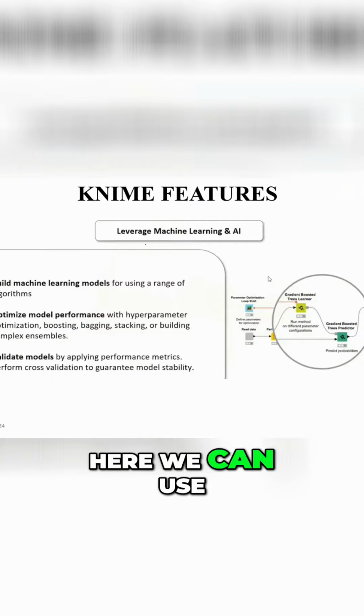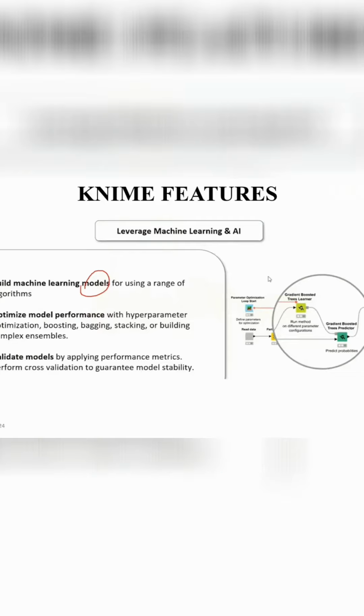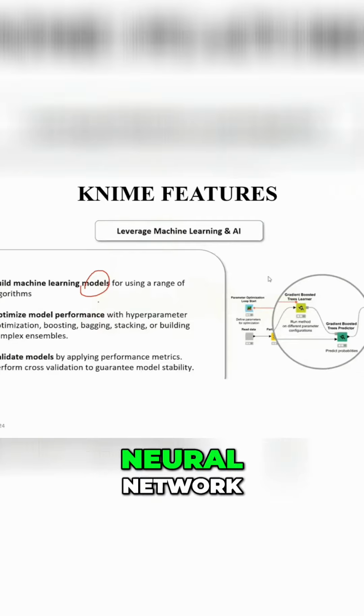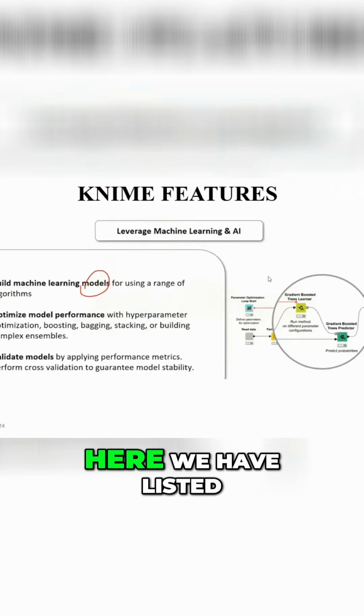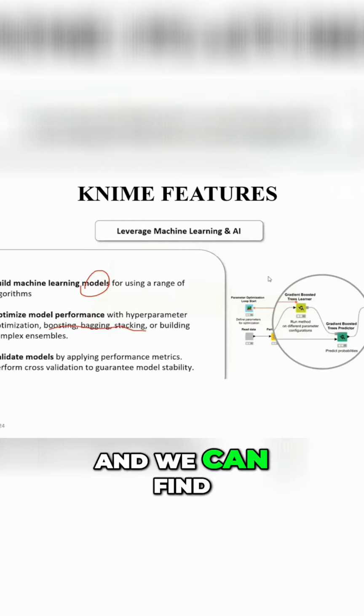So here we can use any kind of model: Naive Bayes, support vector machine, neural network, any. Here we have listed some of them: bagging, boosting, stacking. So any model can be applied to this, and we can find